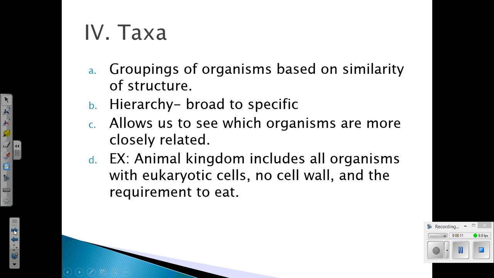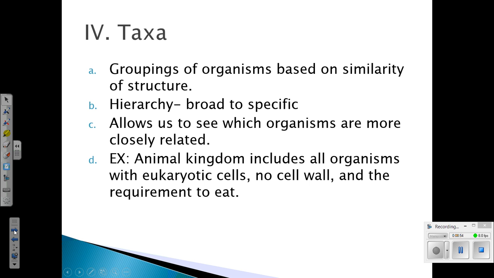Okay, so the taxa are groups of organisms that are based on the same anatomical structures, basically. And there's a hierarchy of taxa. So, for example, we have different kingdoms. We have 6 different kingdoms. And that is going to take all living things on the planet and put them in one of the 6 kingdoms. And then from kingdom, we can put them in phylums. And the phylums are going to tell us, okay, do you have a backbone or not? Or something special about that particular group. Okay, so that basically allows us to group things that are very similar together in groups called taxa.